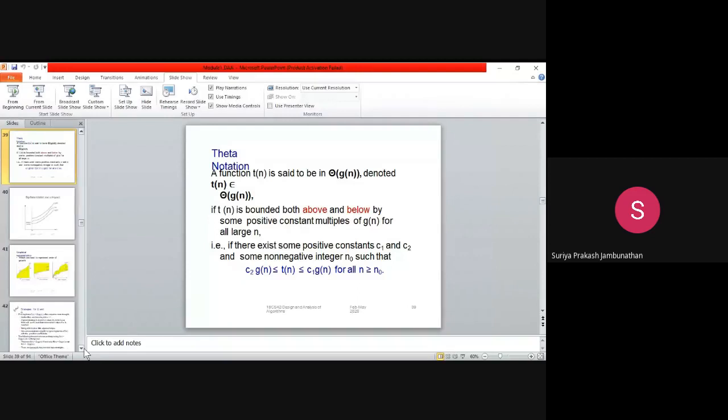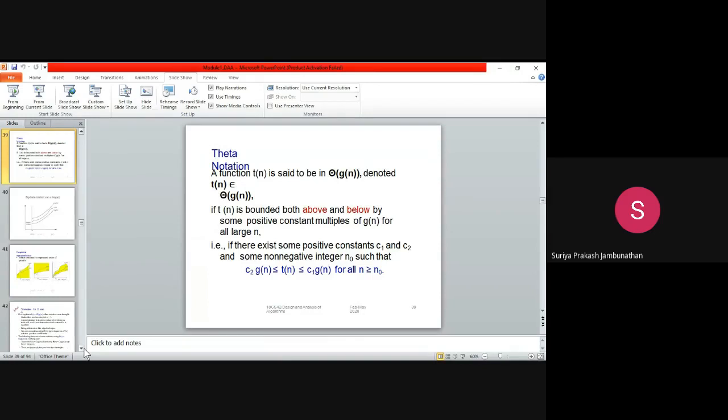When you do exercises using all these three notations, you will come to know how exactly big omega, big theta, and big O work out. When T of n is less than or equal to C of G of n, you have to go for big O. When T of n is greater than or equal to C of G of n, you have to go for big omega. When you have two general functions, C1 of G of n less than or equal to T of n less than or equal to C2 of G of n, you have to go for big theta. You have this understanding as of now.